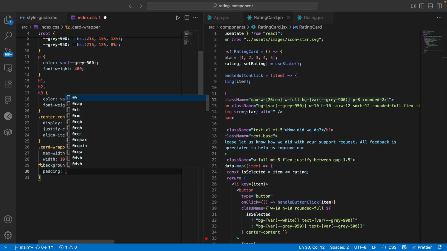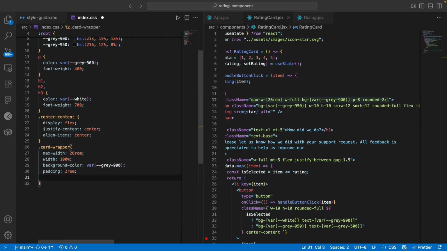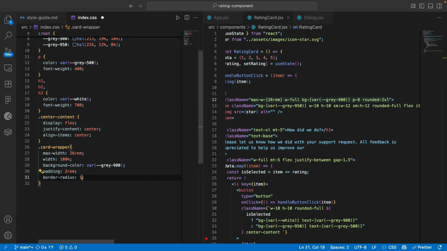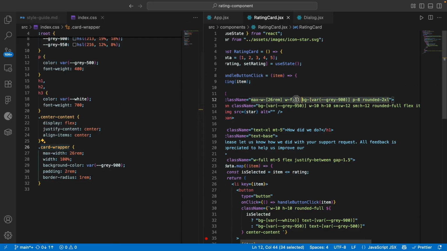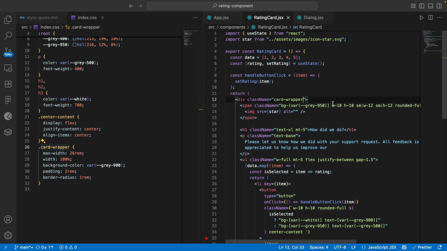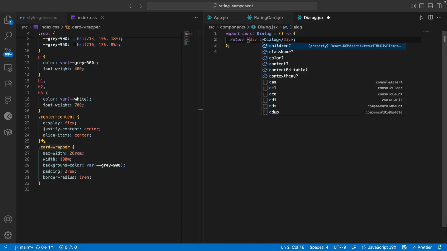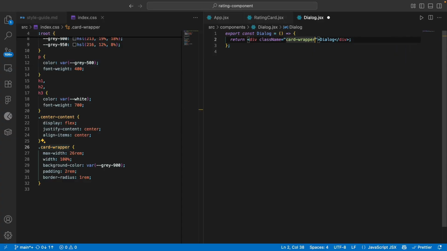Padding, it's going to be 32 pixels, which is 2 rem, and border radius 1 rem. Okay, and then we're going to just copy that. All right, so now we have card wrapper here, and we're going to also use that as card wrapper